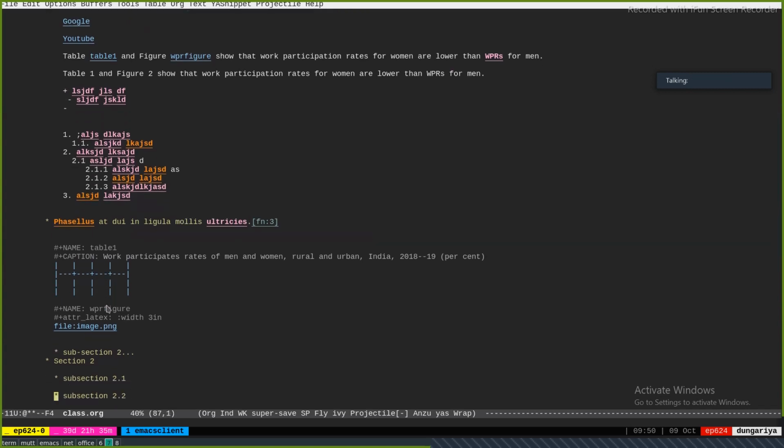Now, how is this optimal position decided? Sorry? How is this optimal position decided? Basically, it strikes a balance between distance from the first citation and the amount of white space. You want to minimize the white space. Okay, you don't want a table coming in at a place where it doesn't fit, and therefore white space is left.